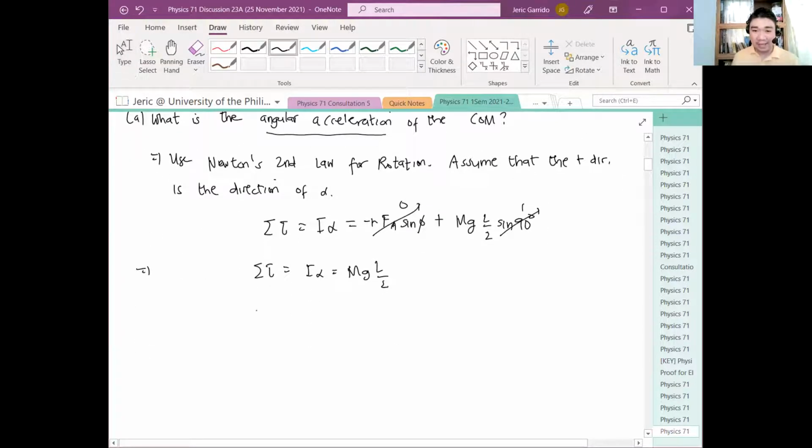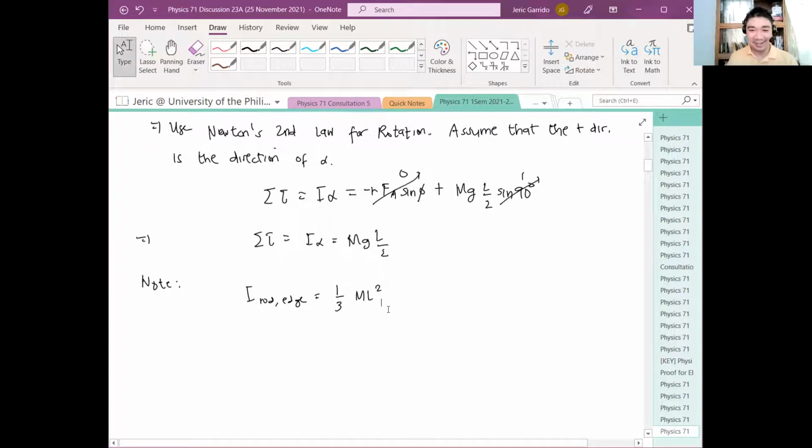Okay. Now, hindi ko pala nasulat dito, but note, the moment of inertia of the rod about its edge is 1/3 ml². 1/3 sa edge, 1/12 sa gitna. So this is equation 1, this is equation 2, substituting equation 2 to 1, we see that